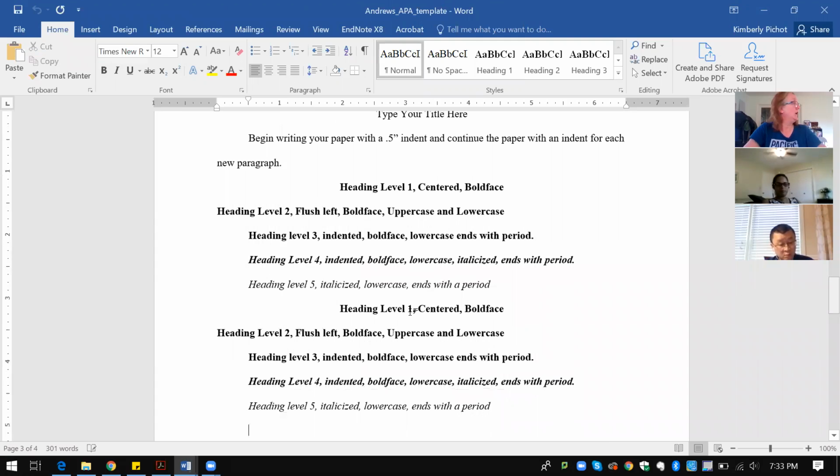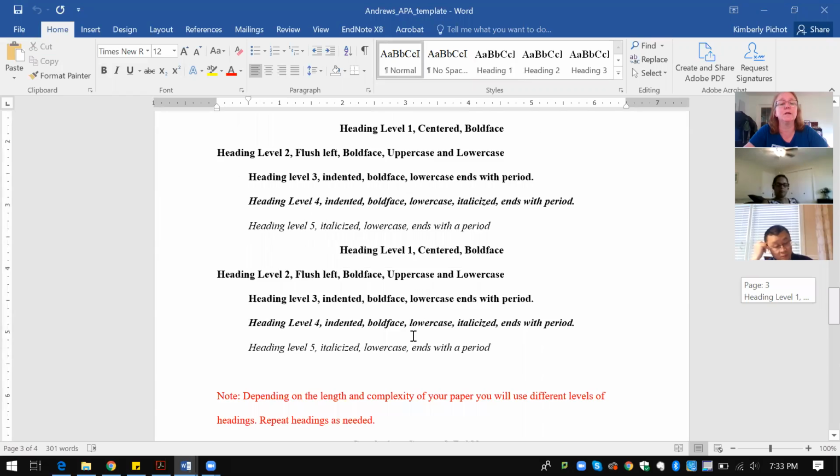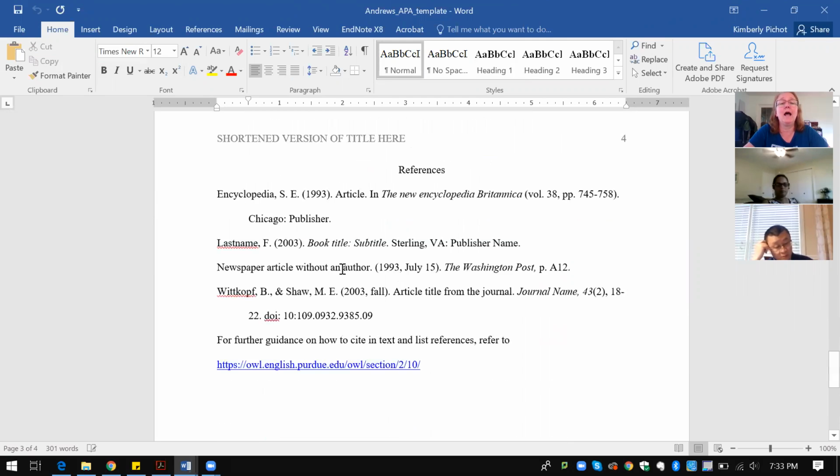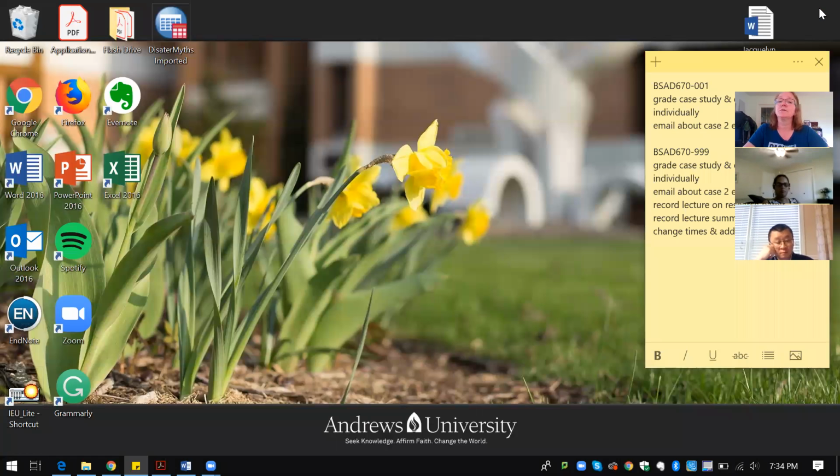Within a level, if you have several subpoints, this is the way that you do a level 2 heading, a level 3, 4, and 5. I don't suggest getting into these multiple levels too much because the paper gets confusing. At the end, you're going to write a conclusion, and then you're going to have your references in APA format. And I'm going to show you a couple resources that can help you figure out how to format APA easily. So